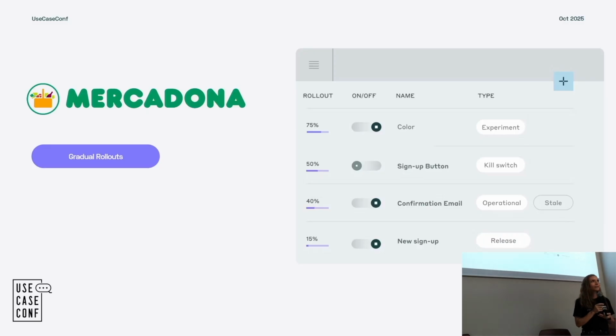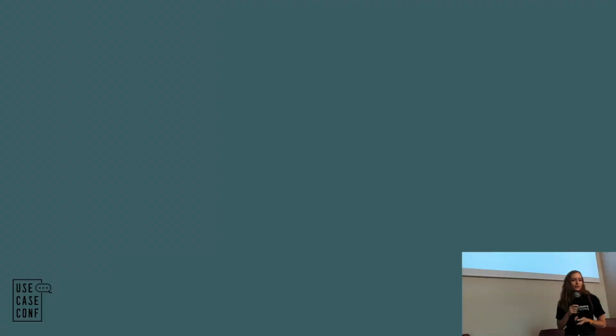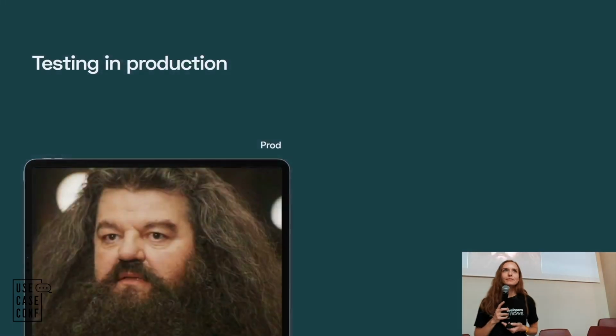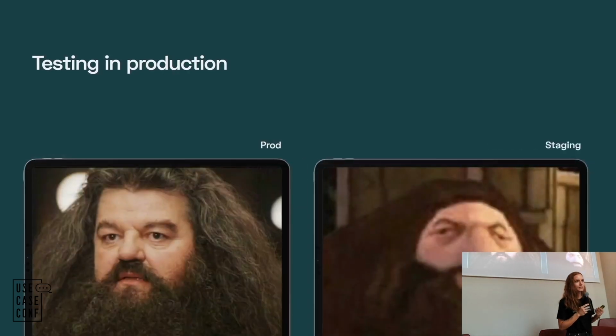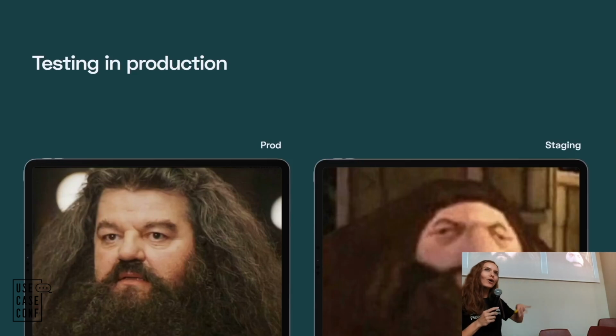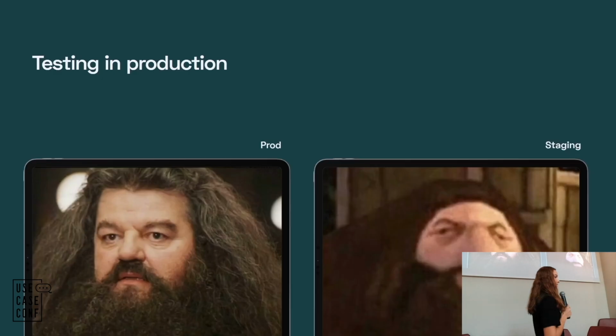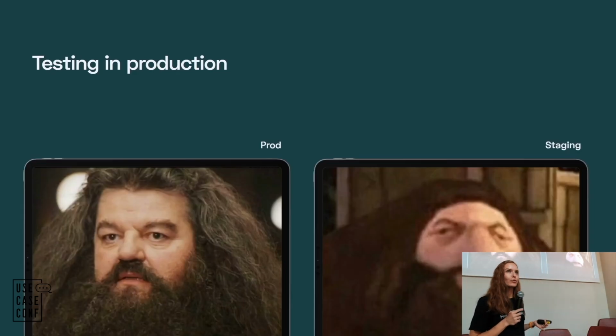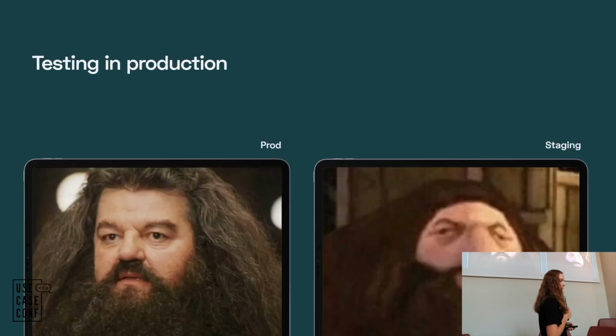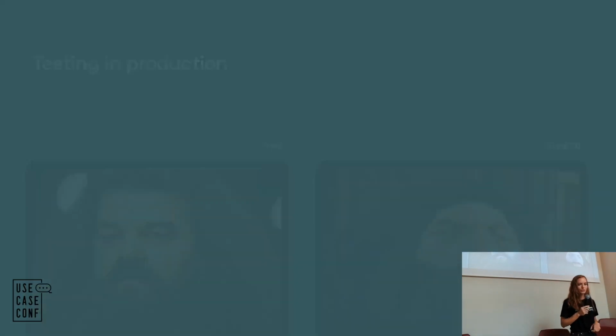But to understand gradual rollouts, I want to come back to this thing I mentioned earlier, which is testing in production. Because we all know that if this is your production environment, then this is staging. And that's just to say that there's no way you can replicate all of that real user data, the real use cases, the edge cases that you face in production, and all of that chaos that they introduce in any other environment. So you really need to find a way to be able to test your code in actual production environments. And that's what gradual rollouts and feature flags allow you to do.